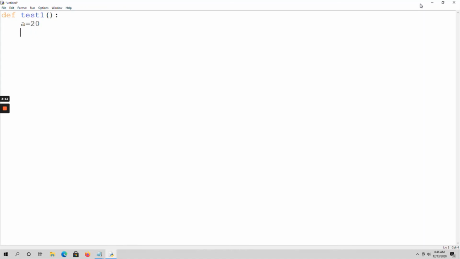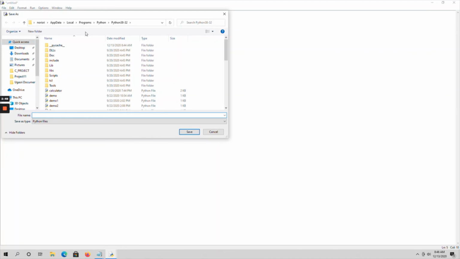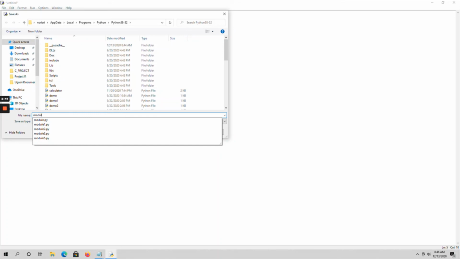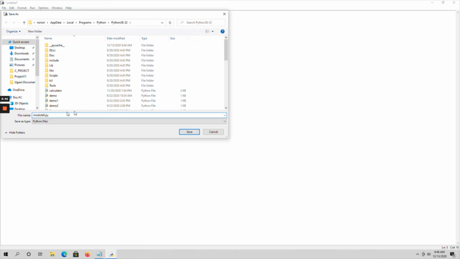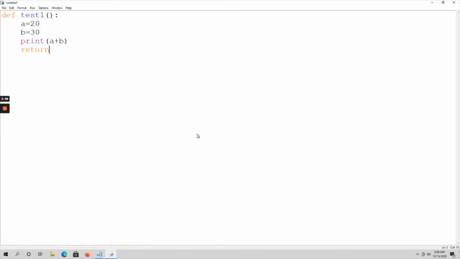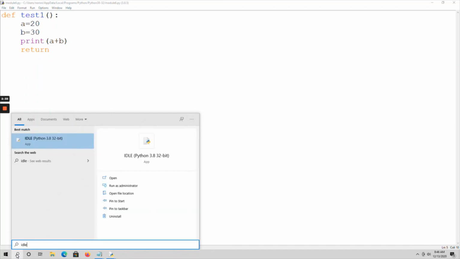Here I am going to print the a plus b value, using return. Now I am saving the file, save as. This is my directory, the yellow directory. Here I am saving it as module6.py. This is my file name. Save.